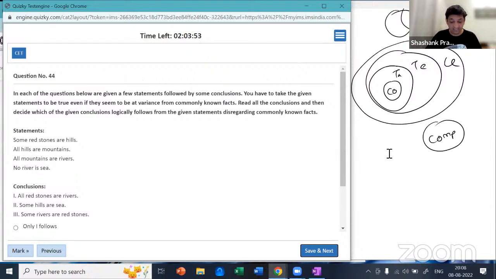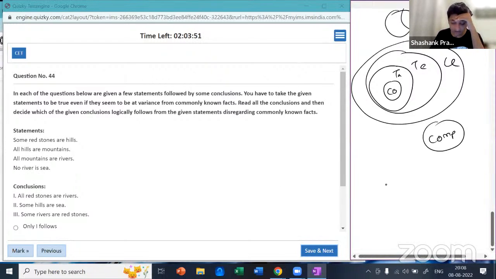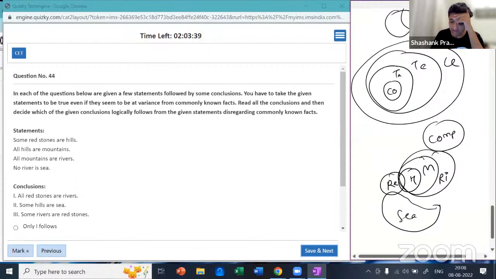Okay. Some red stones are hills. All hills are mountains. All mountains are rivers. No river is a sea. So I don't know, sea could be here or here. All red stones are rivers. Not really. Some hills are sea. Not really. Some rivers are red stones. Definitely yes. But then the problem is